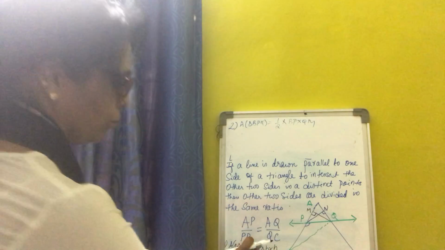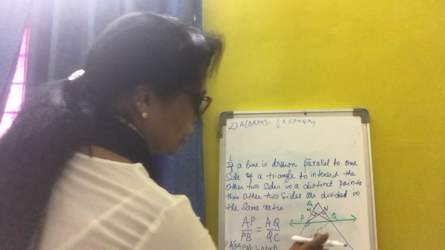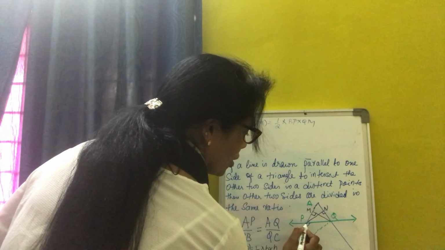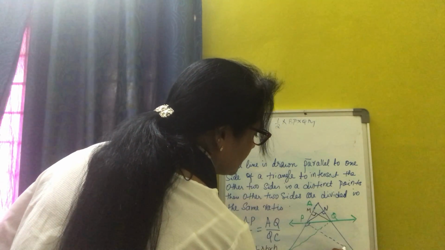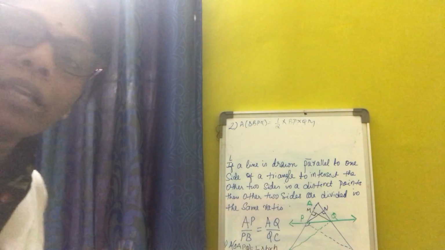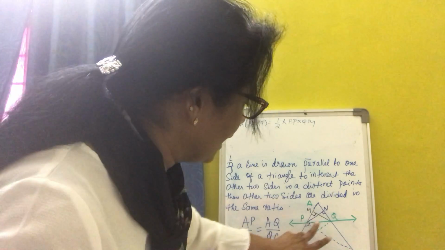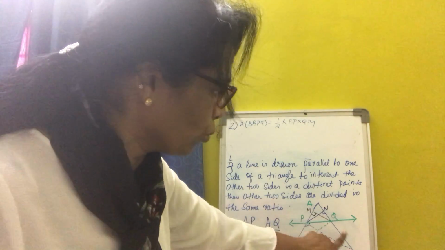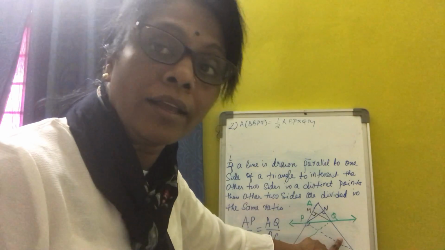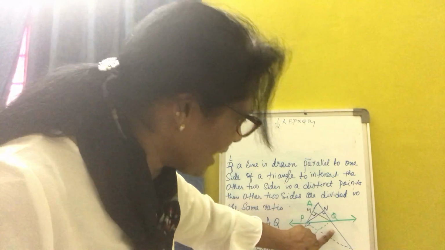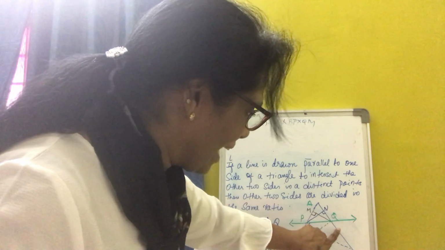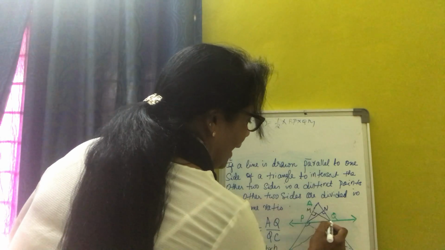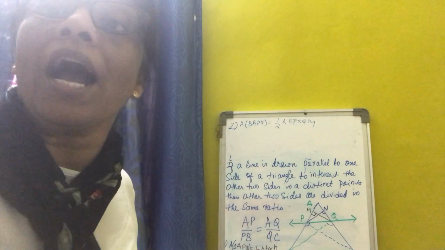Okay, now QC as the base. Where is the QC here? This is the QC. In this case, we will take another construction, join PC. So we will take the triangle as PQC, with QC as the base. Since this is the obtuse angle PQC, the height is outside. QM is the outside height.